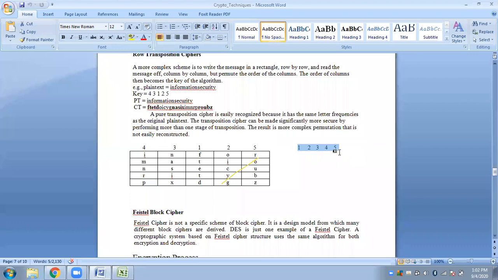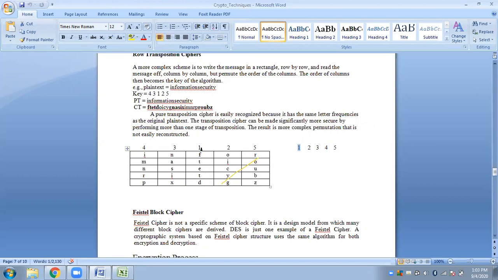Now, after you rearrange the digits of the key in ascending order, based on this arrangement you will look into the rows pointed to by those particular digits. First, I have 1. What is the row pointed to by 1? I have these characters in row 1: F, T, E, T, D. So for 1, you will place all the alphabets row wise.